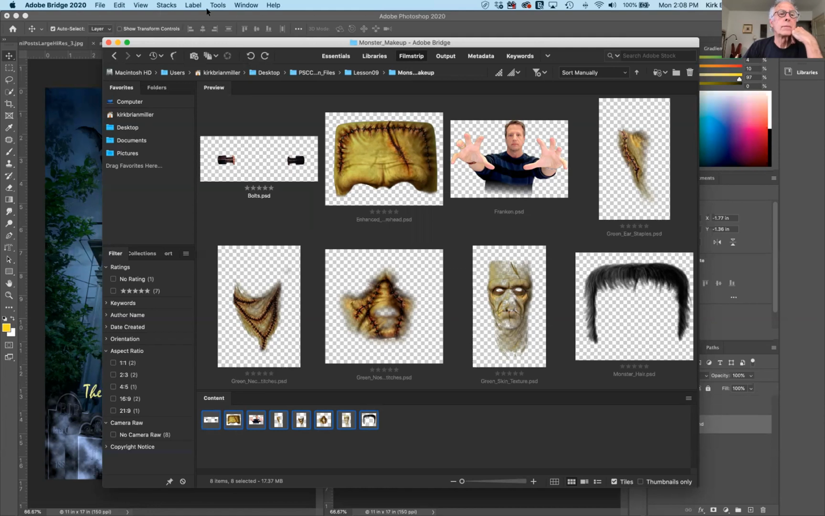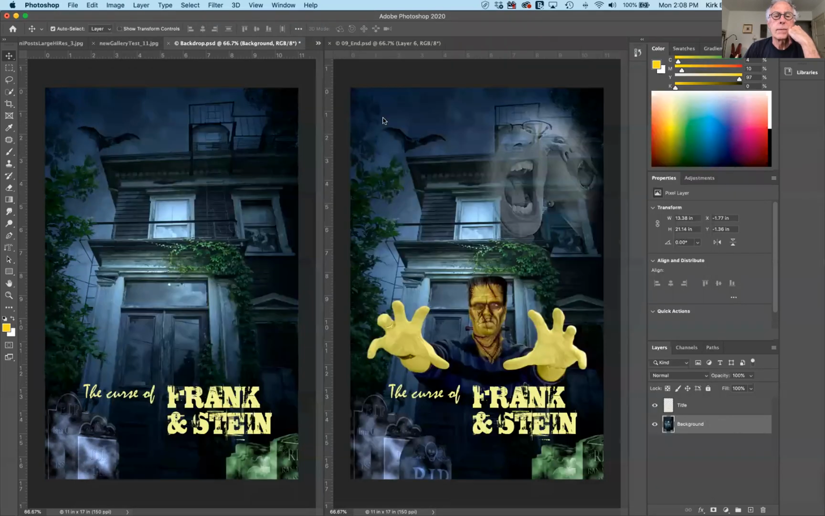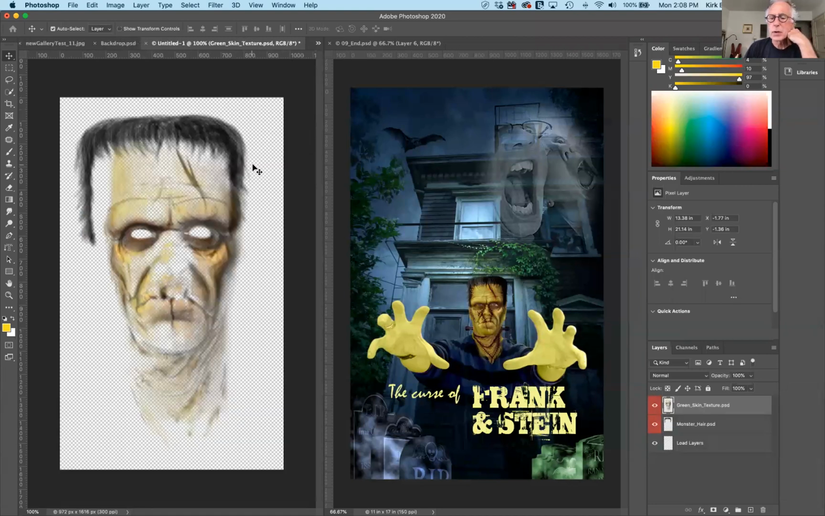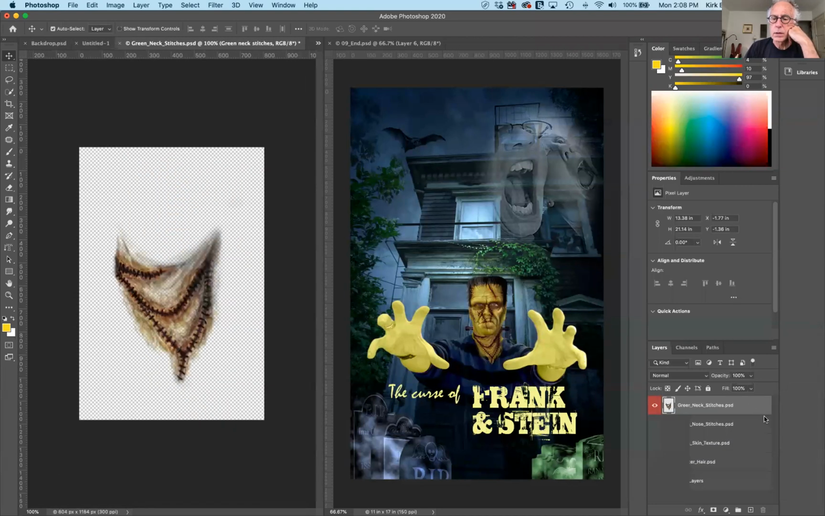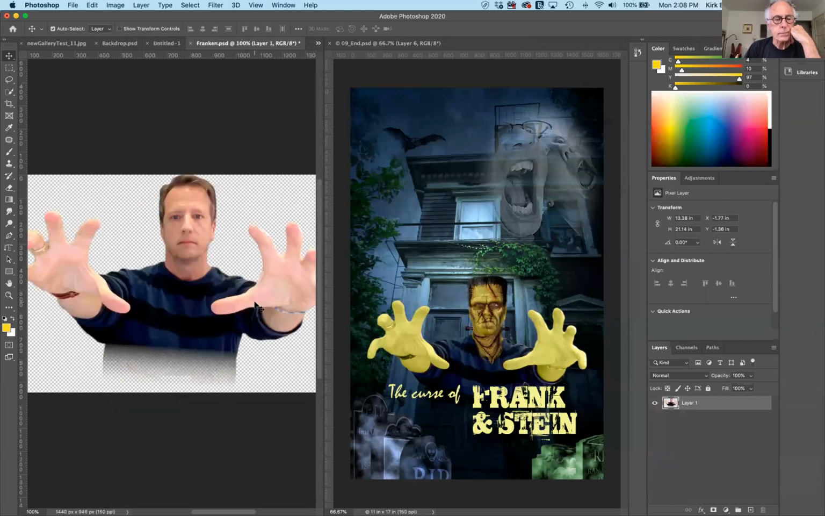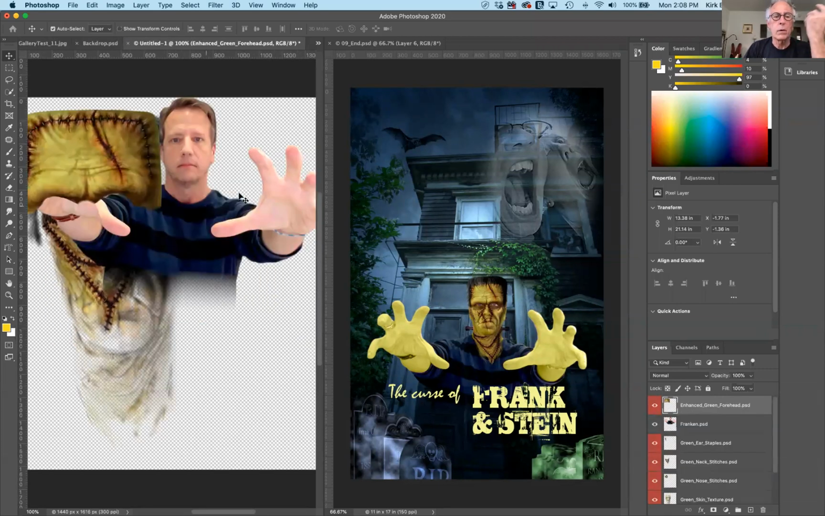Then we go up to Tools, Photoshop, and I want to load files into Photoshop layers. If I click that, notice that it's opening a brand new file, and it's putting all of these images on their own layer. And there we have it. They're all here. We just need to find the